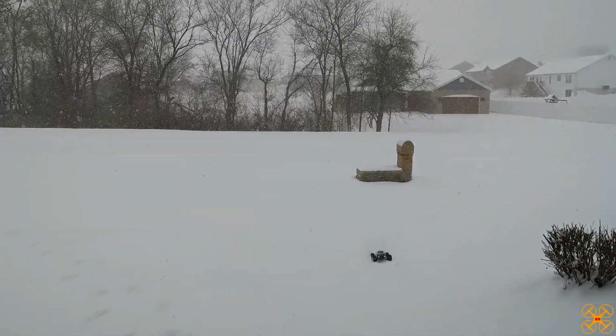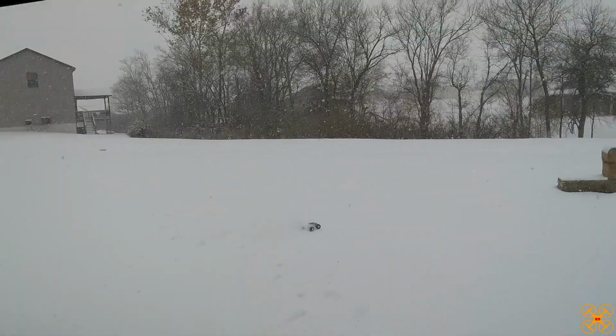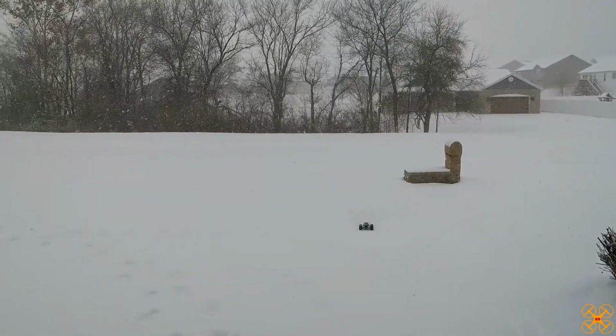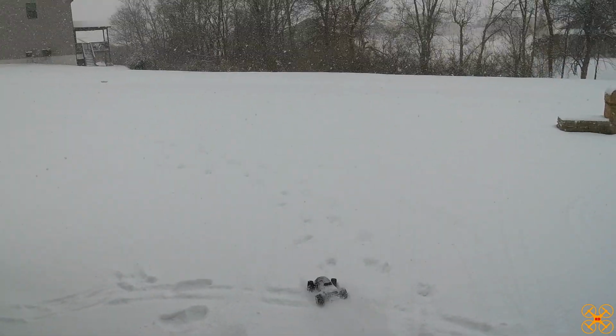See, even though that snow is deeper than this truck, it's able to, that sleet has made a bit of a blanket, a crust I should say. Nice. So the truck's able to,